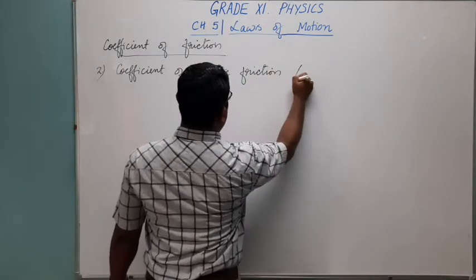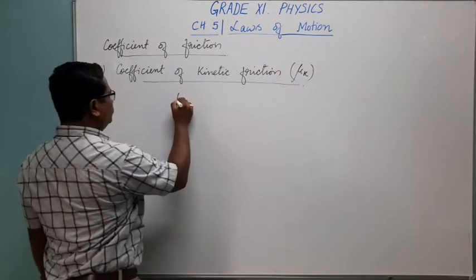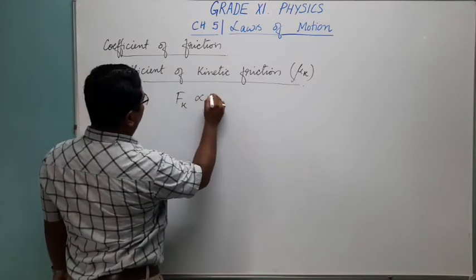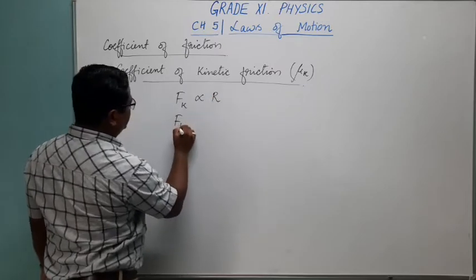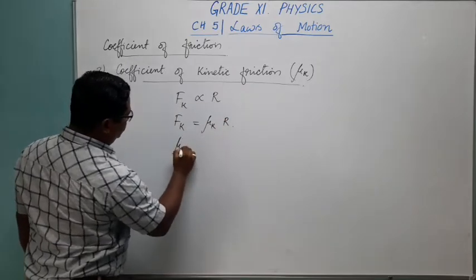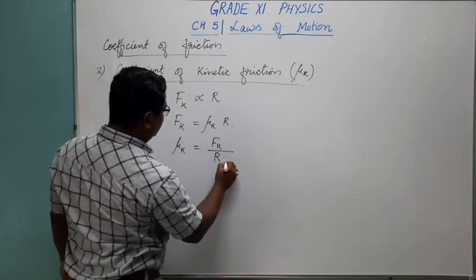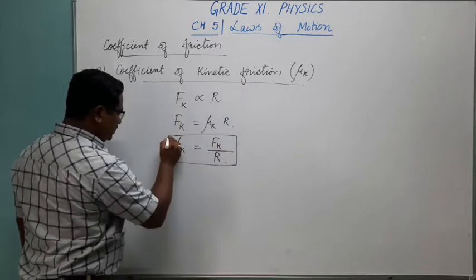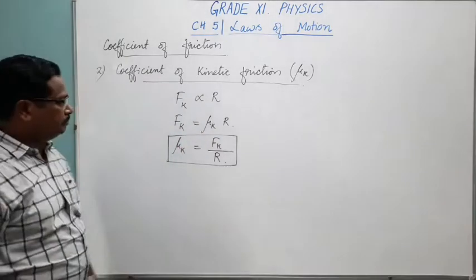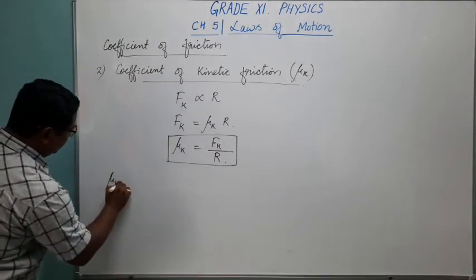Coefficient of kinetic friction we write as mu k, and here also it goes the same way. The force of kinetic friction Fk is directly proportional to the normal reaction R. So Fk is equal to mu k into R, where mu k, the coefficient of kinetic friction, will be force of kinetic friction divided by normal reaction R. In this case, both will be equal to each other. In this case, we can define it like this: coefficient mu k is defined as